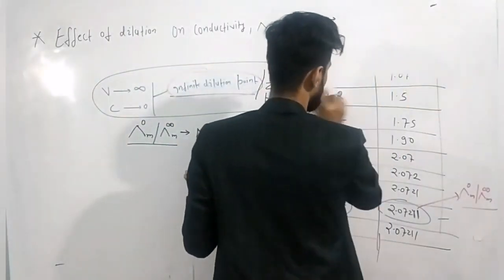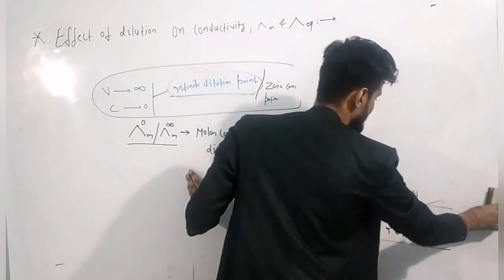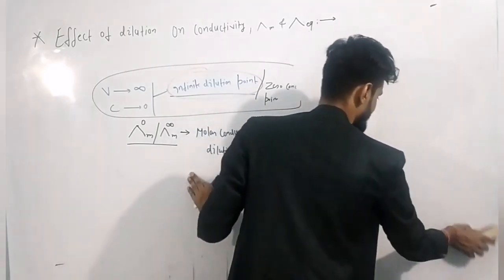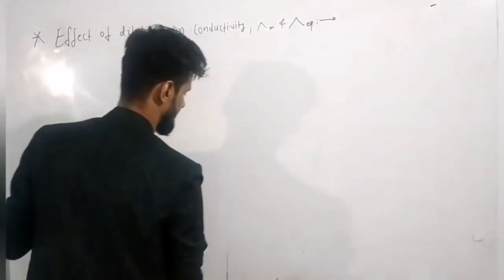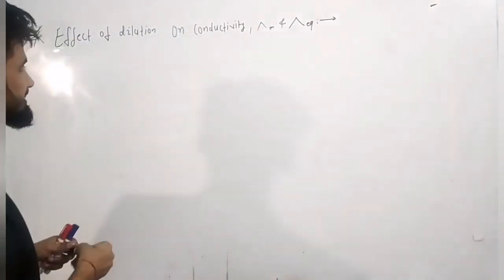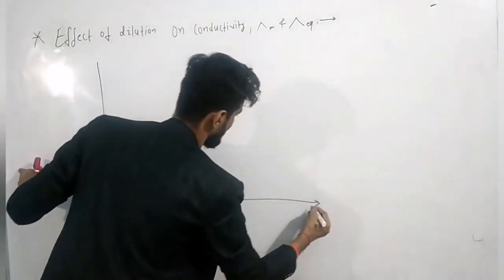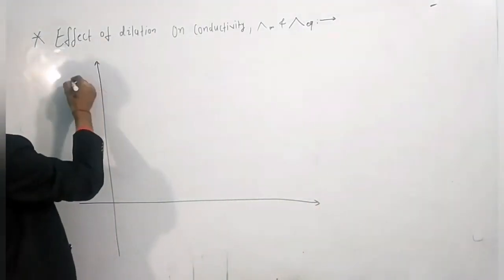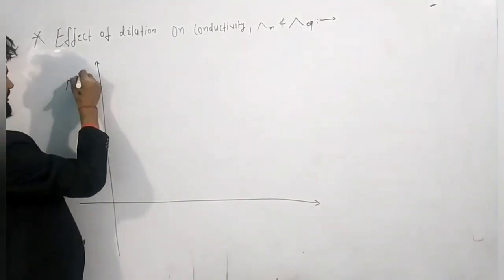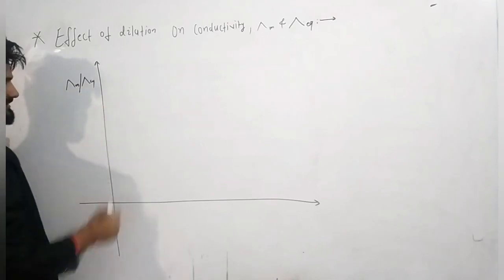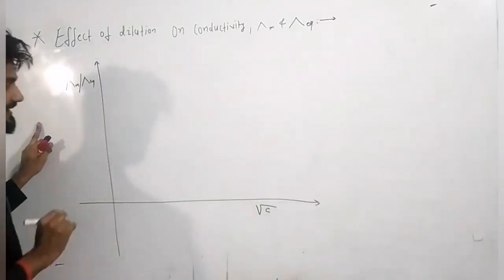Now understand one thing, how empirically we will calculate these things. Because at infinite dilution point, what will be happening inside the solution? And for a particular concentration of electrolyte, how will we calculate the equivalent conductance and molar conductance for the strong electrolyte? Understand one thing. So the scientist has calculated these things empirically. He has drawn a graph while taking kappa molar or kappa equivalent at y-axis and root over C at x-axis.